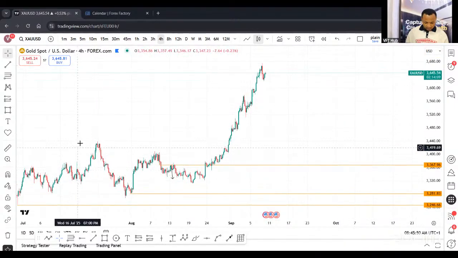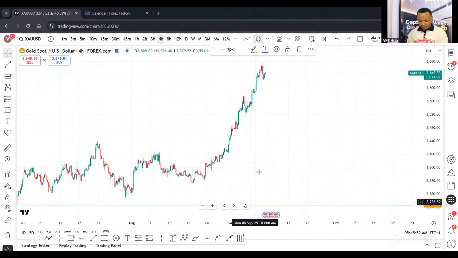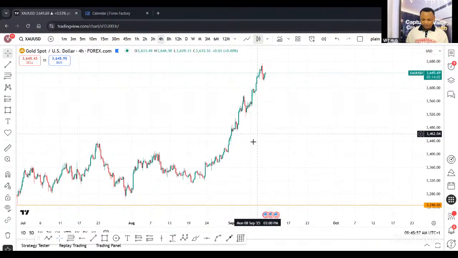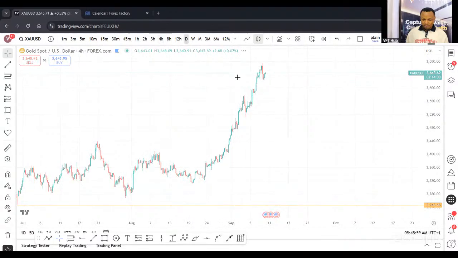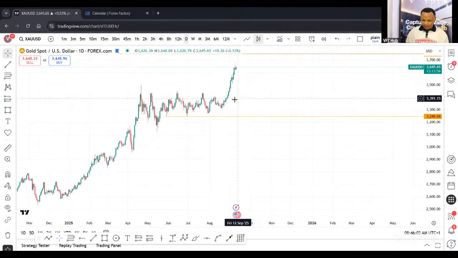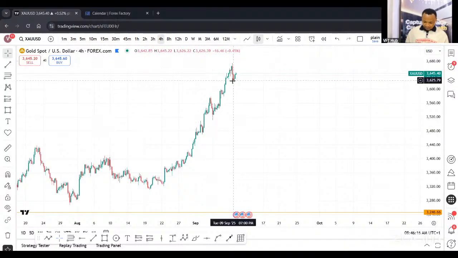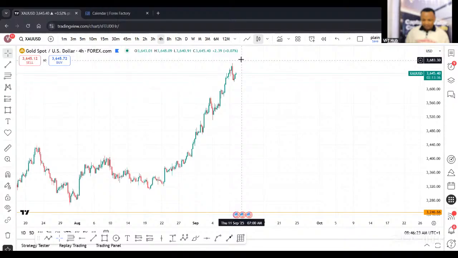All right, so we can neglect all this and keep them aside. If you see any pullback on gold and it looks like price is resuming, we just keep buying, because that is what gold is saying at this moment. We're buying all the way to this level right here. You can see on the 4-hour time frame, all these little pullbacks from 2nd September, from 4th September, sent price back, and then one that happened yesterday evening into this morning, Nigerian time, sent price back to the upside.